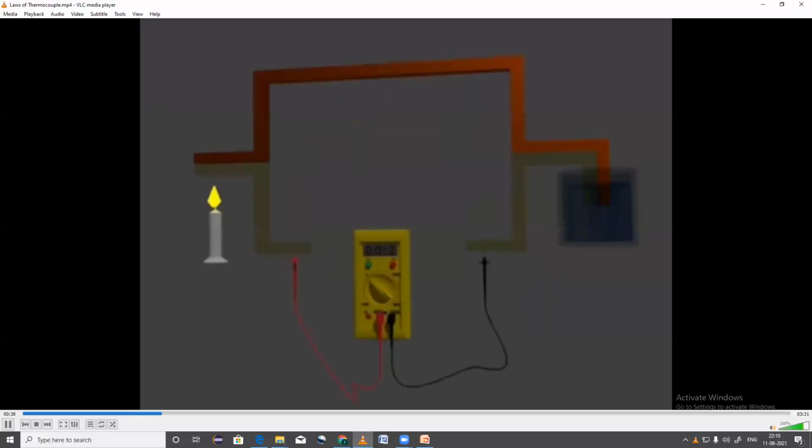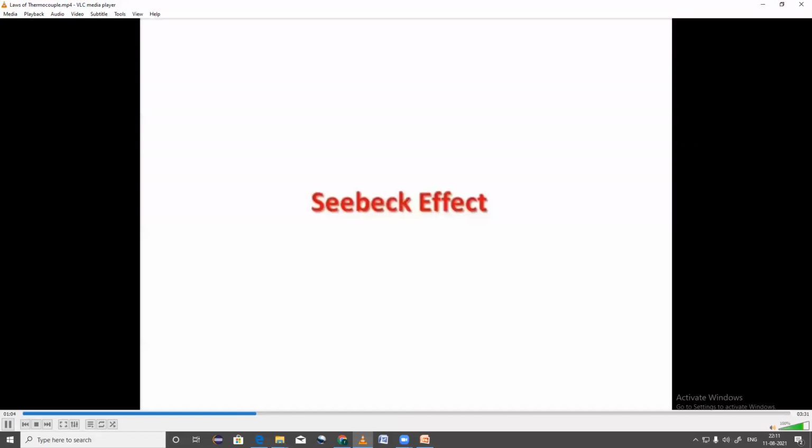Now this junction is heated by this candle flame, and this junction is immersed in this ice water. Now we will connect one sensitive multimeter, as shown here. You see, this meter is giving some reading. This is nothing but the voltage between these hot and cold junctions. Now if we increase the temperature of the hot junction by increasing the intensity of the flame, we will see the reading of the multimeter also increases. This proves that the voltage between these two junctions is a function of the temperature difference between them. A German physicist named Thomas Johann Seebeck discovered this effect. His discovery is called the Seebeck effect, and it is the basis of all thermocouples.